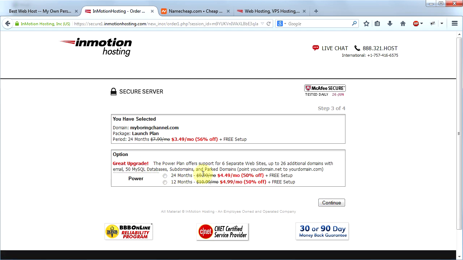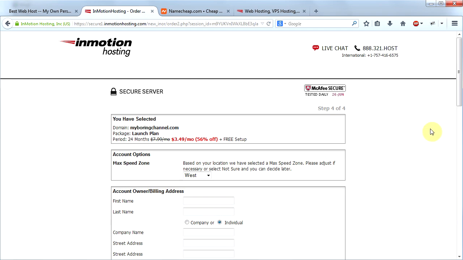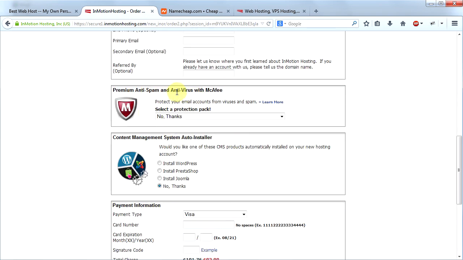On this page, they're trying to get me to upgrade to the Power plan. For now, I'm going to say no thanks, and I'm going to click Continue. Now, I'm going to fill out all this information. I'm going to say no thanks to the premium anti-spam, but I am going to say install WordPress here under